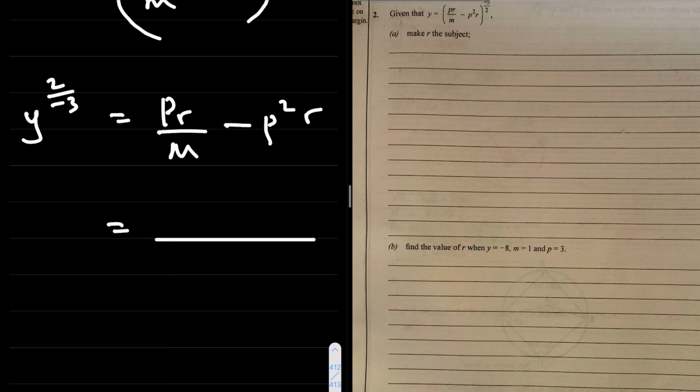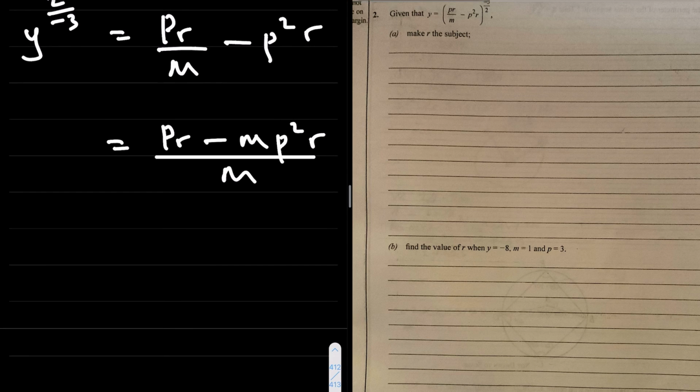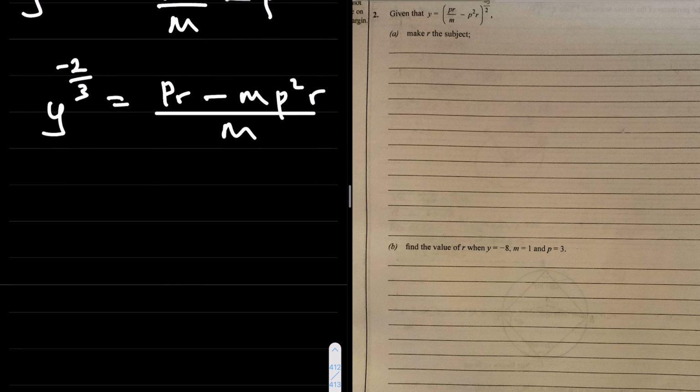Now if I make the fractions on the left hand side a single fraction, the LCM is m, and that becomes PR minus m p squared r over m. So if I cross multiply, 2 over minus 3 is the same as minus 2 over 3. So the left hand side becomes y raised to power minus 2 over 3. Now if I cross multiply, I'm going to have m y raised to power minus 2 over 3 equals PR